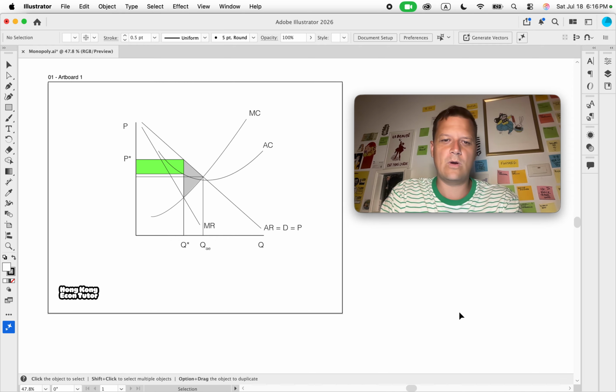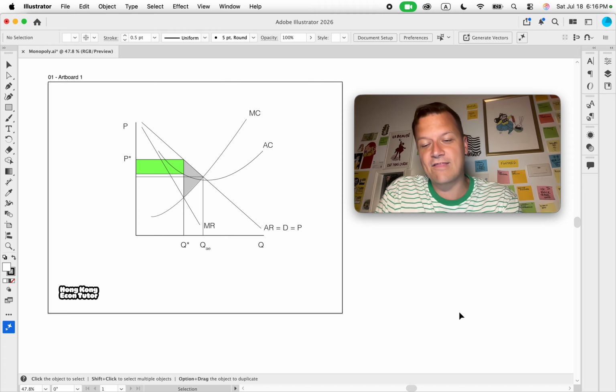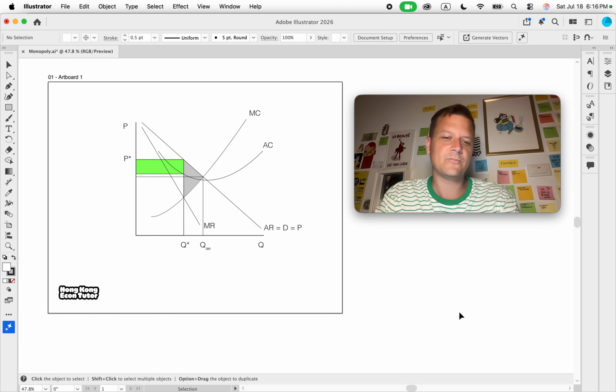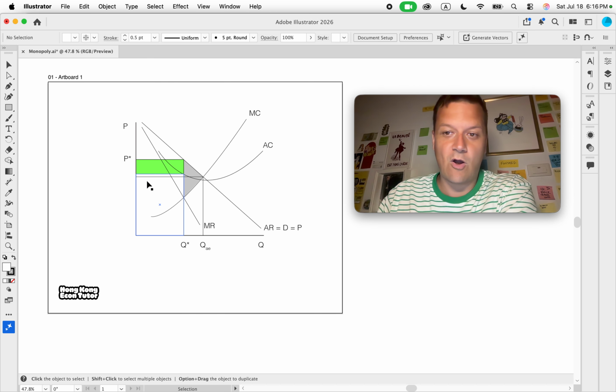Okay, so you might recall from the last video that we went over how to draw the monopoly diagram. Remember that monopolies, like all businesses, are focused on maximizing profit. What is profit on this diagram? It's that neon green box, abnormal profit, or economic profit. Remember that economic profit